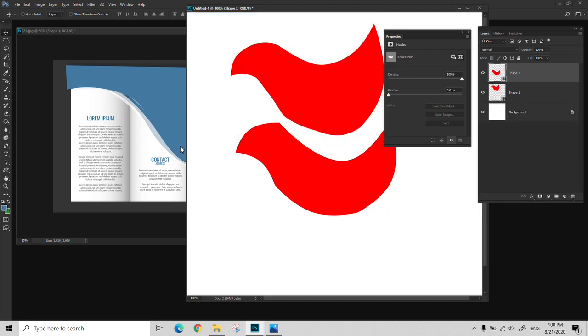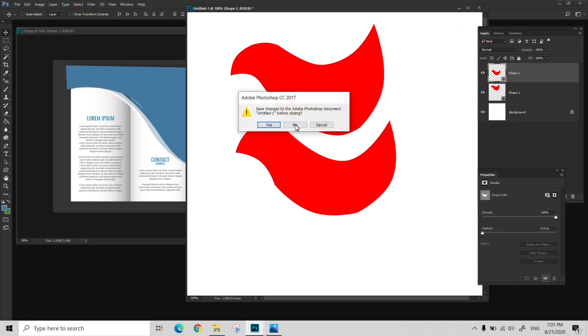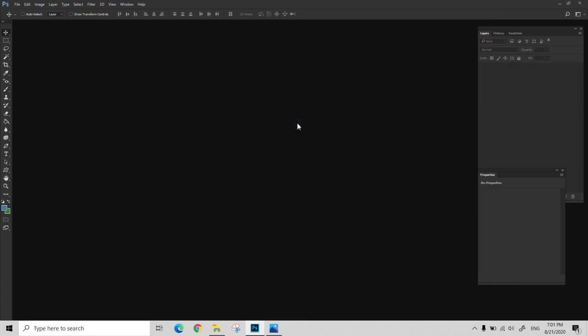So that's how you work with the shape. You can create anything that you want. And now let's talk about that path, the one that I told you guys. We can change it here to path. Okay, so again, if you change this to pixel, you're gonna do all the things, but